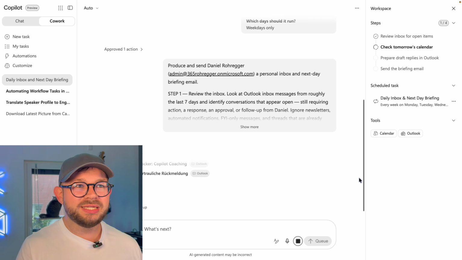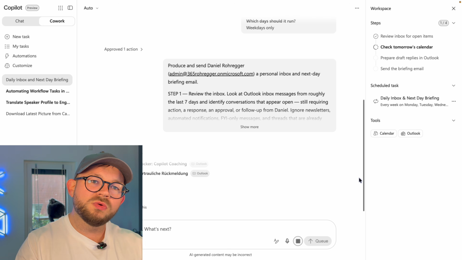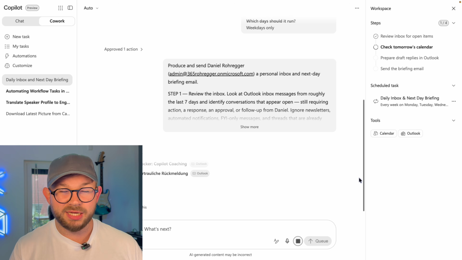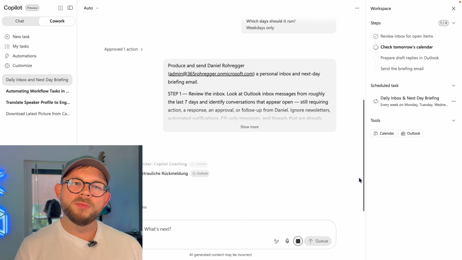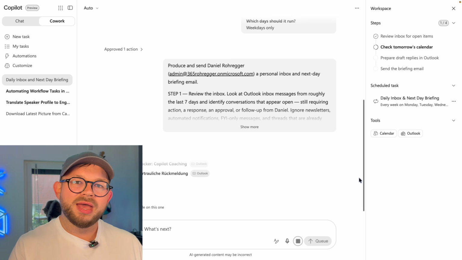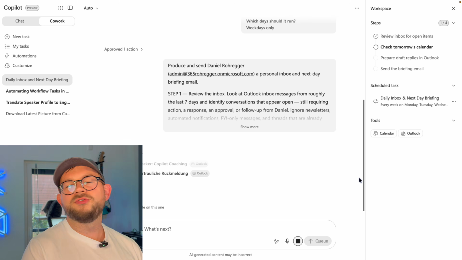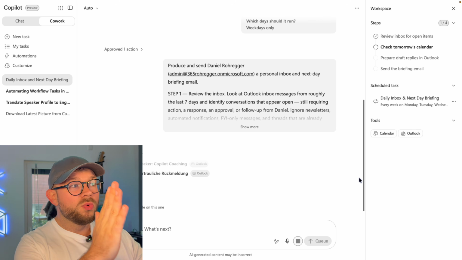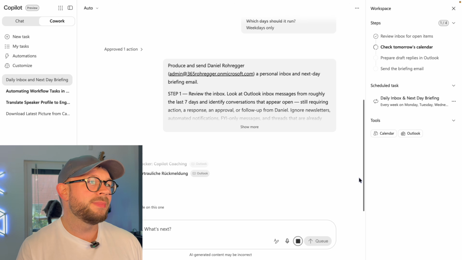Cowork is running completely in the cloud, so you can shut off your computer. You don't need to have your computer running at 7 a.m. in the morning. You will receive it automatically. With the latest update I saw this morning, Cowork is also sending you push notifications into your Copilot app, which is very handy if you have a problem or something is unclear, or if you're running other Cowork recurring tasks. So with this now, it is looking through all of my inbox elements.